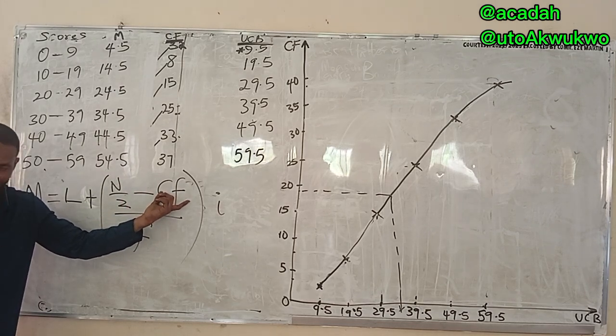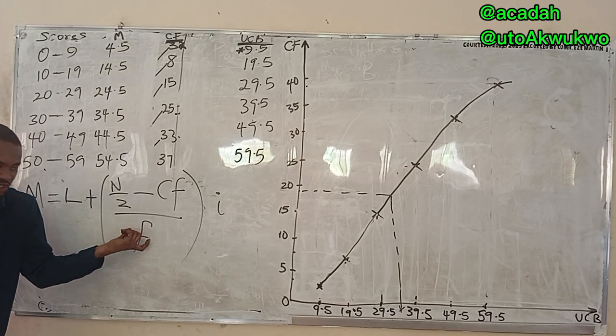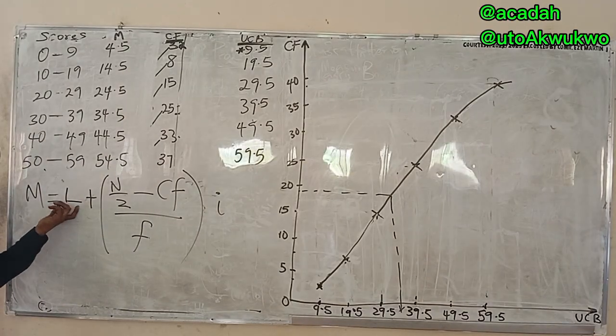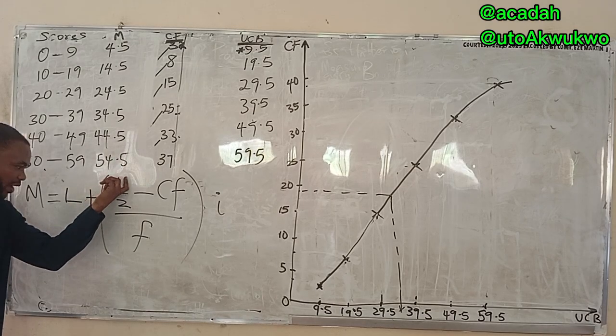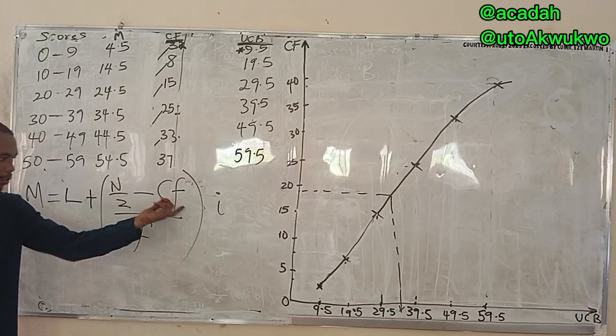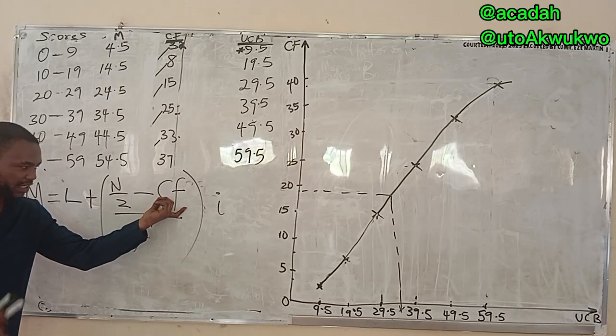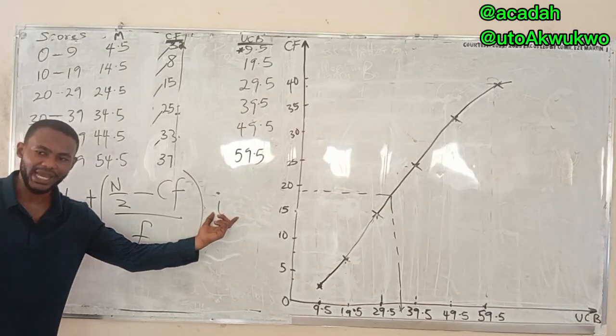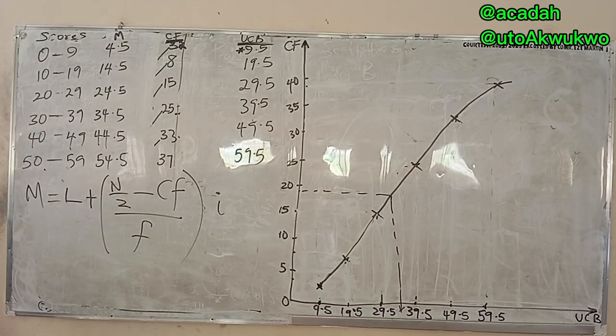I will teach you what is median class as we enter measures of relation. Before the median class, all over frequency of the median class multiplied by class interval. Lower class boundary of the median class, total frequency over 2 minus cumulative frequency before the median class, all over frequency of the median class multiplied by class interval. This is the almighty formula of statistics. Do you know why I say it's almighty formula? Am I too fast? But let me slow down.